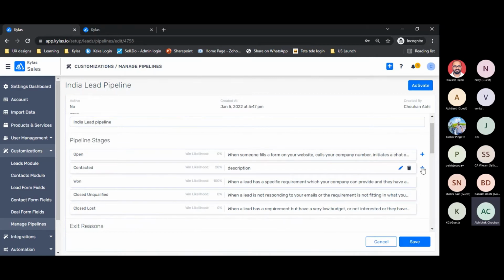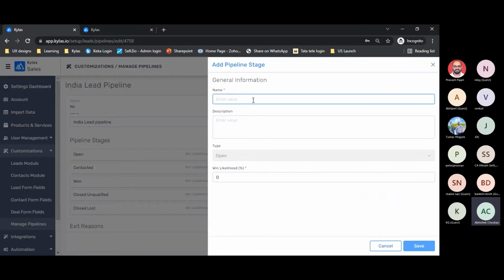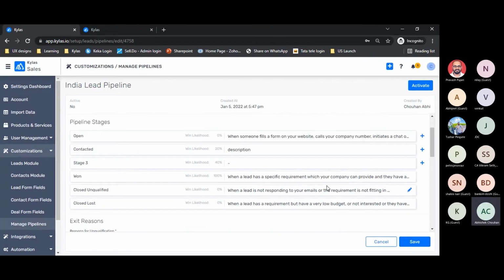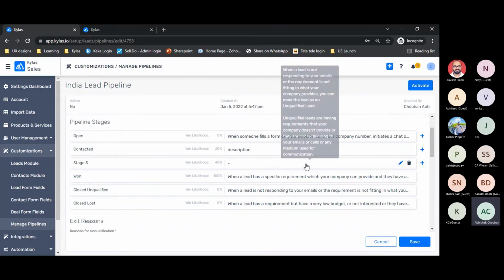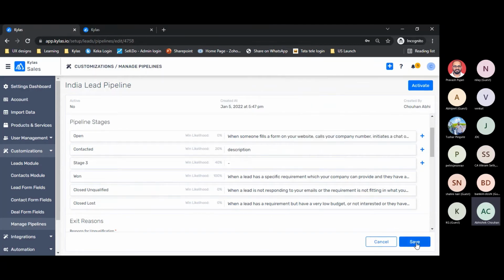Similarly, I can add another stage, stage 3, for example. I can give some win likelihood to this stage 3, and then I can keep on adding more stages. At any given point of time, if I would like to add another stage, suppose you had created this pipeline and saved this, right?